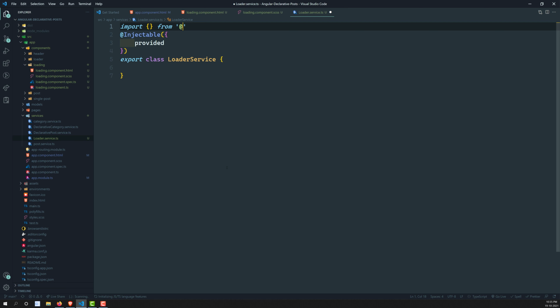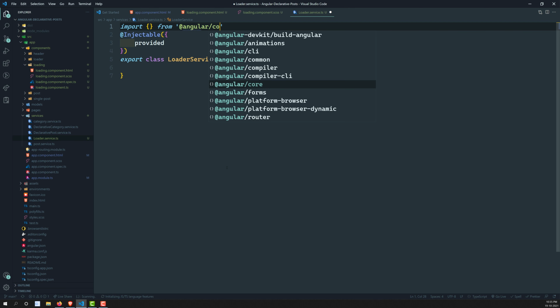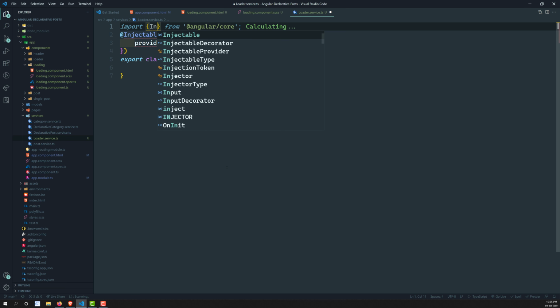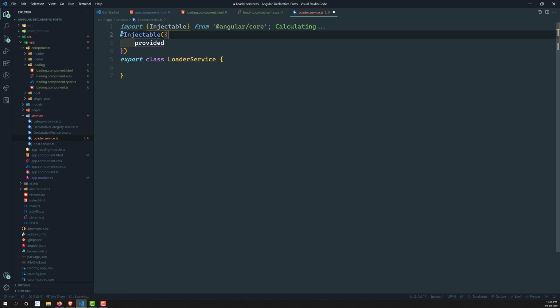So from @angular/core, let's import the Injectable. Now here let's add providedIn, so it should be root. That's it.